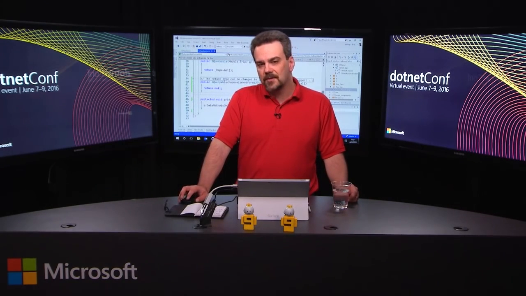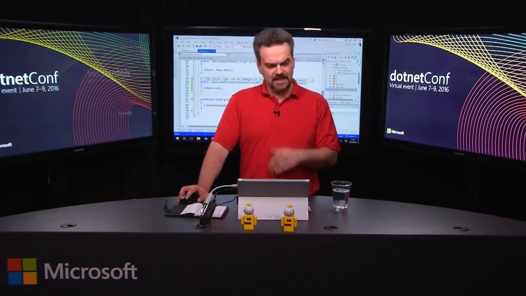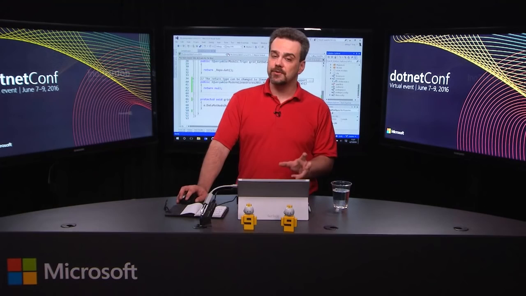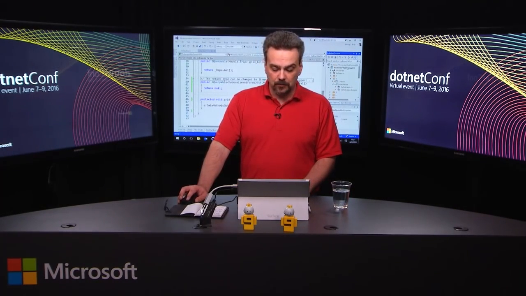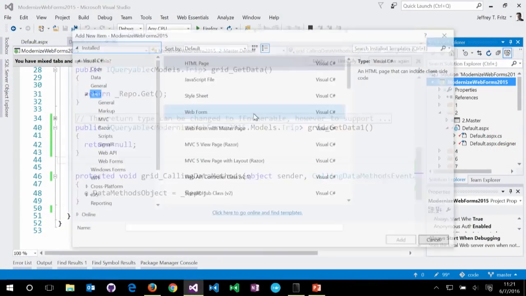Now, Bower is another package manager that's available out there for JavaScript, CSS, and font and other static components that will bring features down from an endpoint out there at bower.io. This is a website that our friends at Twitter put together, and they've since donated as an open source project. And you can start to use these features with your web projects, and Visual Studio has great tooling for Bower built in. So I can add Bower capabilities into my project by starting off and saying add new item, and